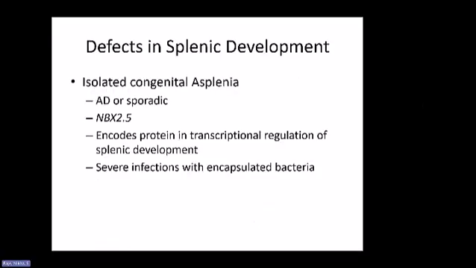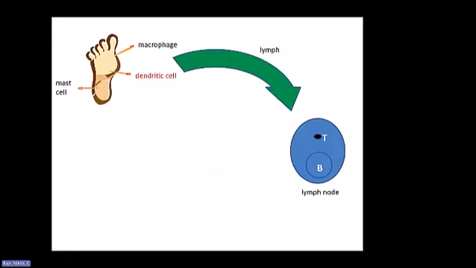There is a congenital asplenia gene defect called NKX2-5, and that encodes for transcriptional regulation of splenic development. Because of the defect in that, it can lead to isolated congenital asplenia, and these patients are at risk for having severe infections with encapsulated bacteria. So that's what we wanted to talk about for innate immune defects. I believe